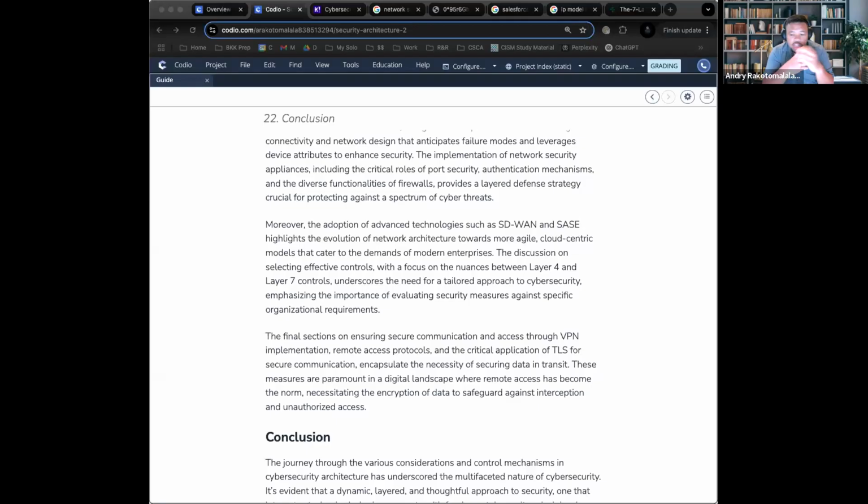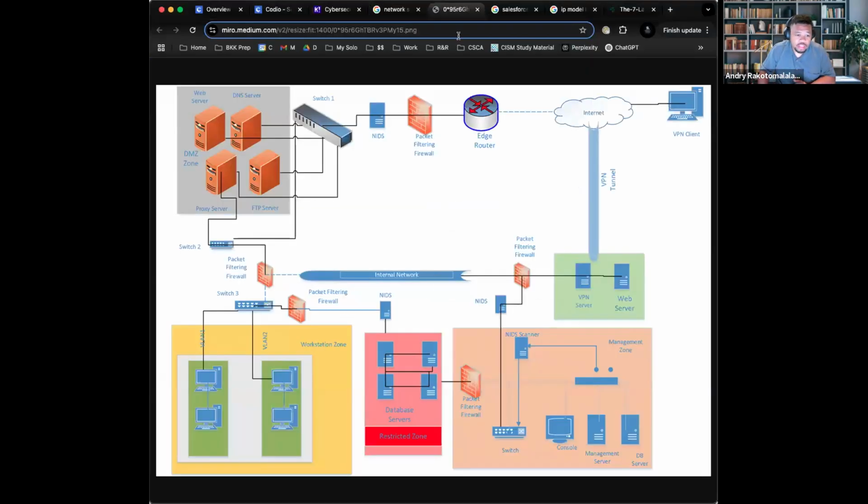Okay. So a couple final thoughts. Even though we're talking about security architecture, I think you can all understand now that it's not just about the tech. You also have to think about the design of your system. Like we talked about, different zones, right? I feel like this image right here is probably one of the most useful images you'll have out there because it breaks down the device and security layout so that you can really know where things go.